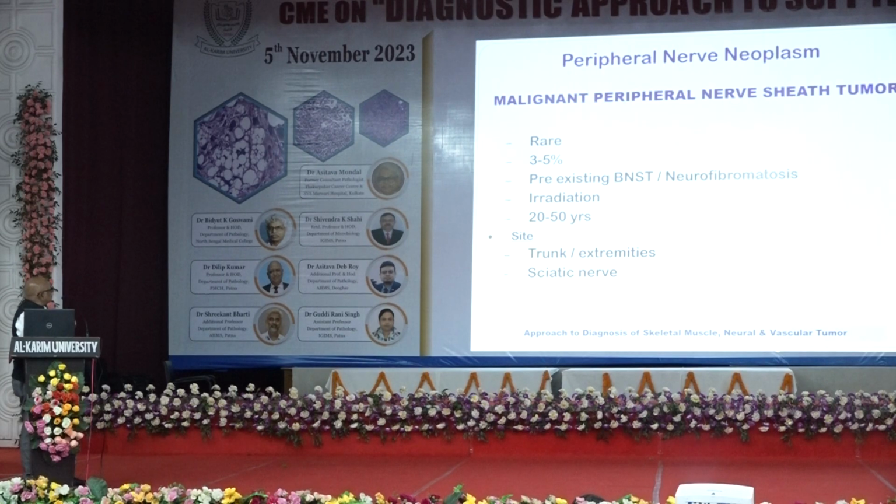Now, the malignant peripheral nerve sheath tumor. It is also a very rare tumor, with 3 to 5% incidence, and generally there will be a history of a pre-existing benign nerve sheath tumor or neurofibromatosis. You must ask for the history. As Dr. Mandal always said, you must interact with the clinician, with the radiologist, with the oncologist, because sometimes recently